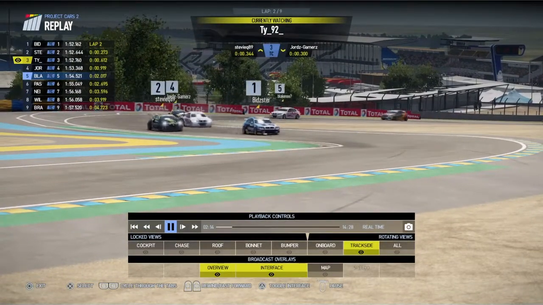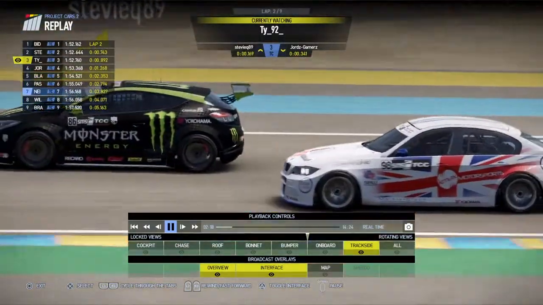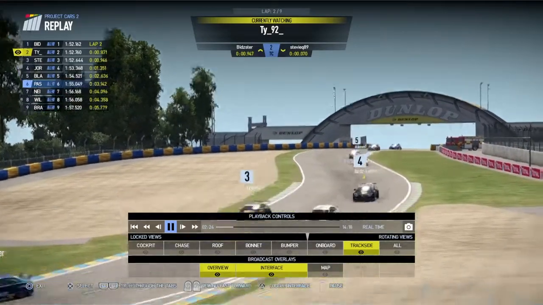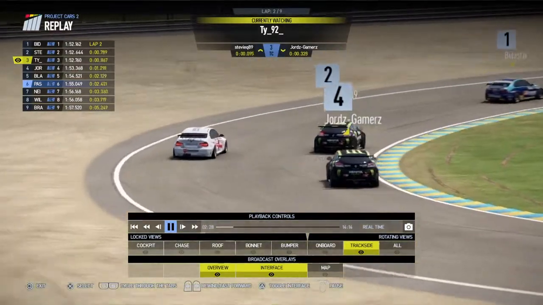Stevie, oh, very deep into the corner. I thought he was going to collect Bidster then. TY trying to go for the cutback, no way he's found. Stevie defends the inside. TY goes alongside him under the Dunlop Bridge down to the long right-hander, and Stevie gets a good run in, but again TY can carry the speed around